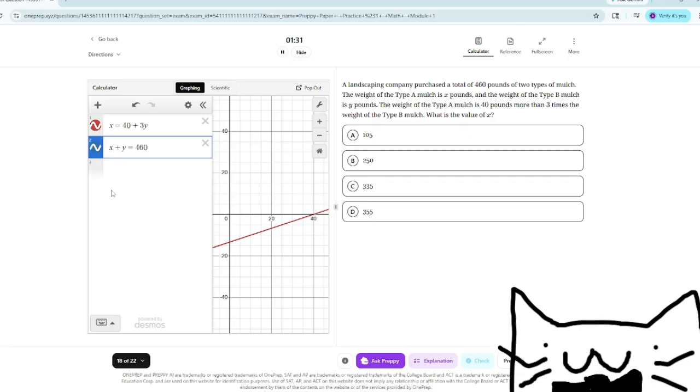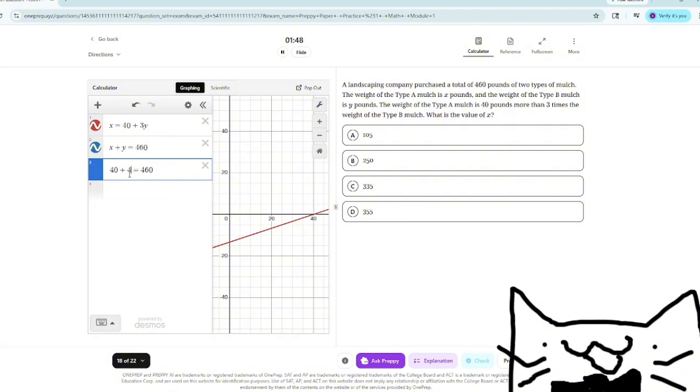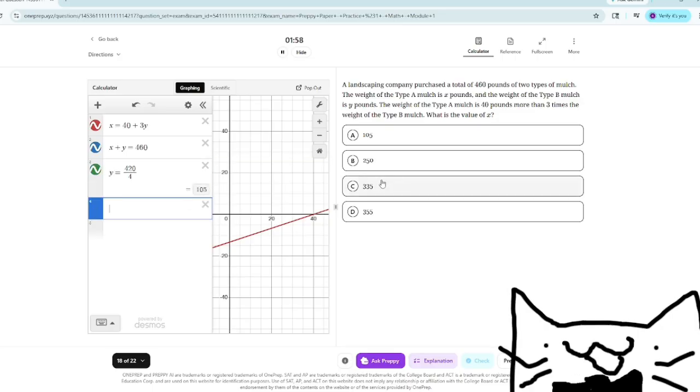Okay, so we can find y right now. If x equals 40 plus 3y, we can essentially just plug it in. So we have this equals 460. This is 4y plus 40. Subtract 40 to get y alone, then divide by 4. You have 105. So we're given y, but it's tricking you. It wants you to find what x is. So if y is 105,